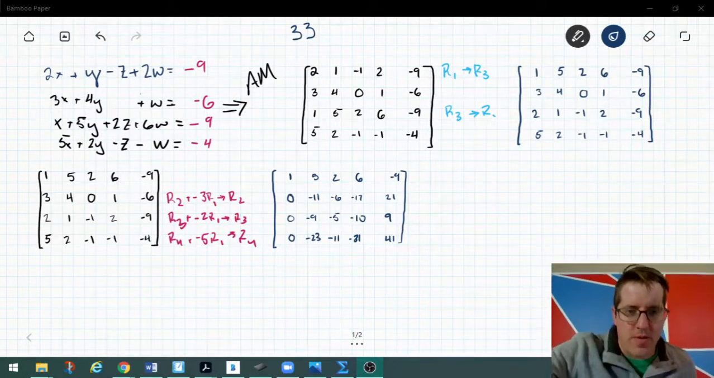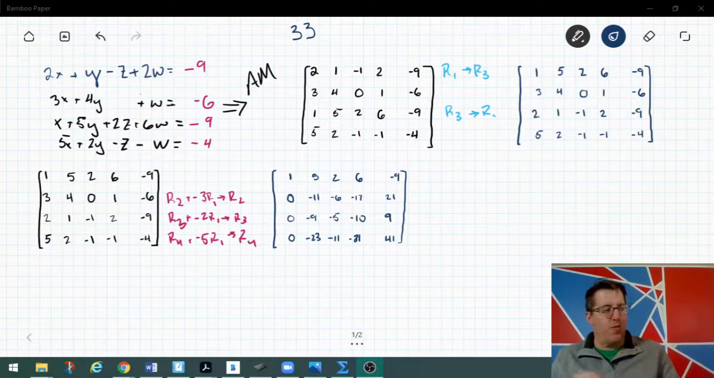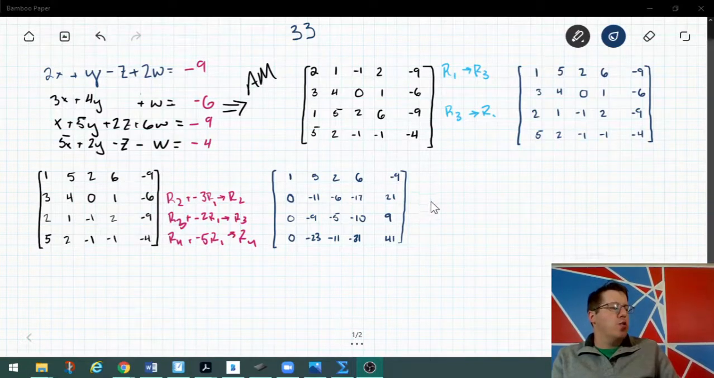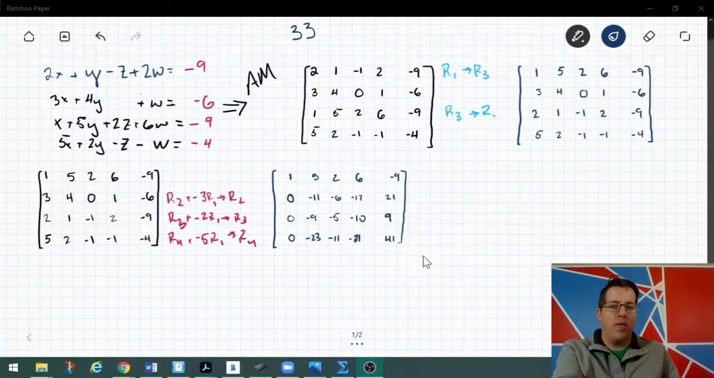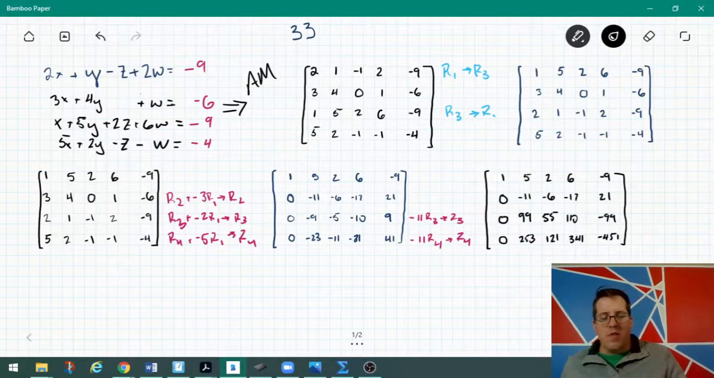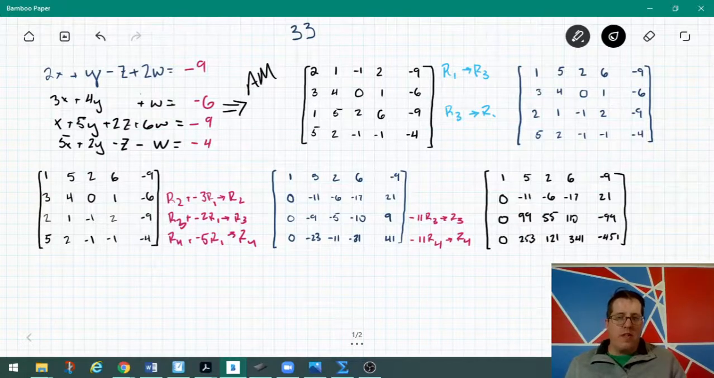Okay, I thought about it for a couple minutes and I think I've decided what I'm going to do. I am going to multiply each of these rows, rows 3 and 4, by -11. So I'll do that and then I'll explain why. Okay, so there's what I got. And the reason I did that